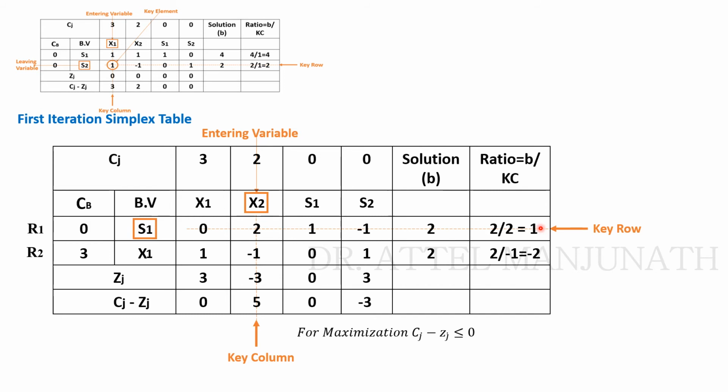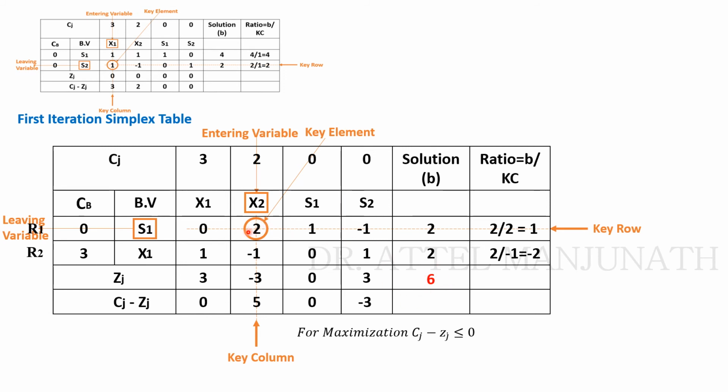So this is a key row and the intersection value is 2 here, that becomes the key element, and the leaving variable will become s2 here. This is the leaving variable s2, and the intersection element, 2, is called the key element. And when you take the product and sum of the solution and the coefficients, you get 6. This is the solution for this current table. This is not the optimal value, this is a solution only for the current table.